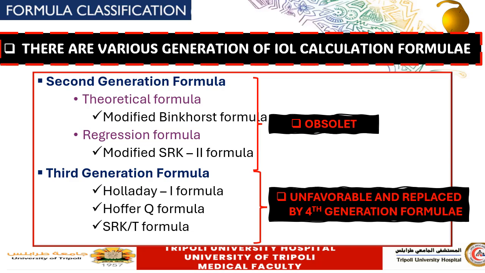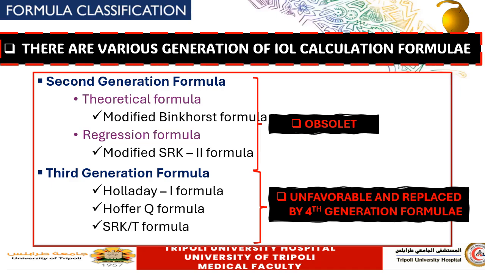From that time, after the development of phacoemulsification, the need for precise IOL calculation became important. The first and second generation formulas were based on a fixed variable for the anterior chamber depth, because at that time there was no posterior chamber IOL implantation, and the IOL was mainly implanted in the anterior chamber. So they presumed a fixed depth for the anterior chamber of around 4 millimeters, so there was no great need for the exact position of the IOL, because the place where the IOL would be implanted was already known. However, with the advent of posterior chamber IOL implantation and phacoemulsification, the need for precise determination of the effective lens position in the posterior chamber became very important,